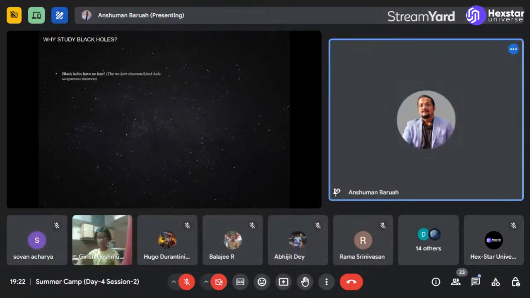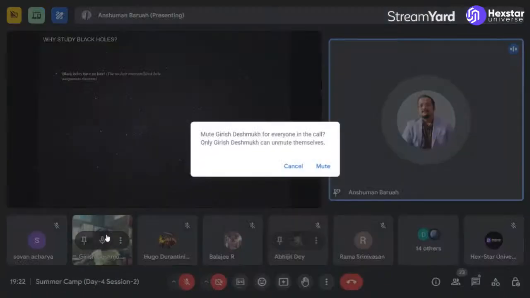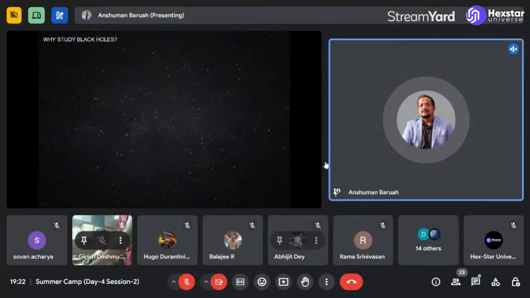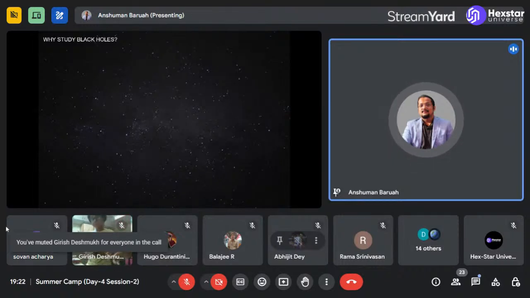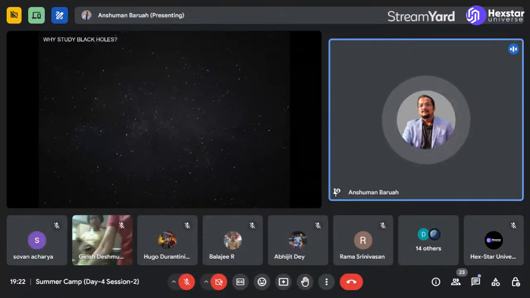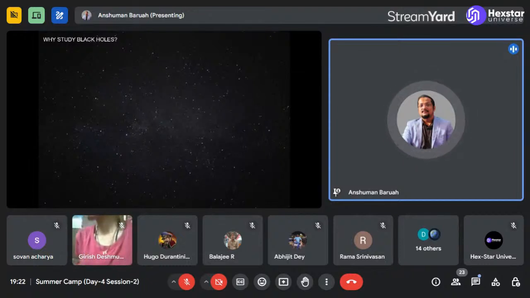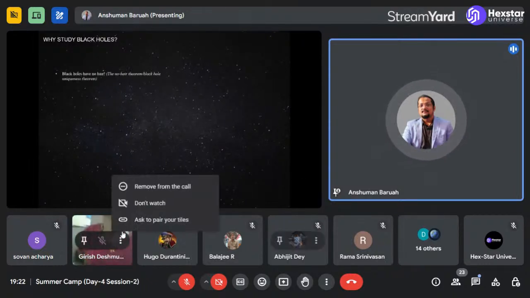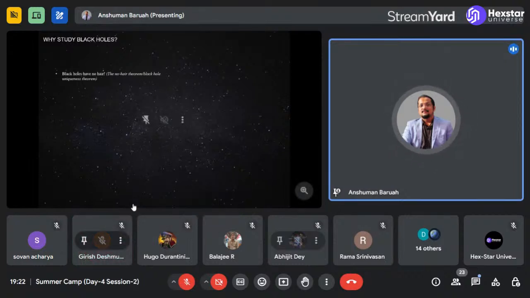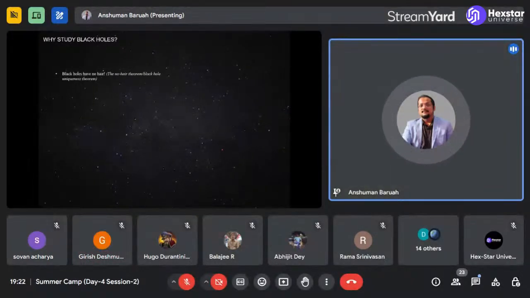First of all, there is a very, very big conundrum. Black holes are such complicated objects because black holes are formed from dying stars. Stars may be of different types, different kinds. But even after all of these complexities, you will be surprised to learn that black holes are very, very simple objects in the sense that they can be characterized only by three properties. The first property is their mass, or the weight. What is the weight of the black hole?